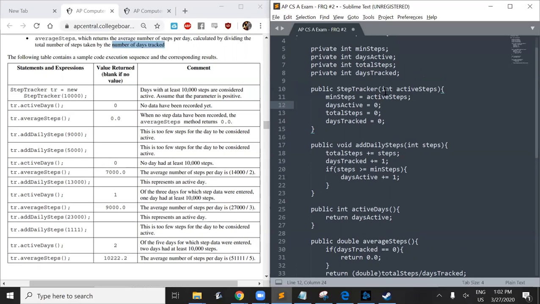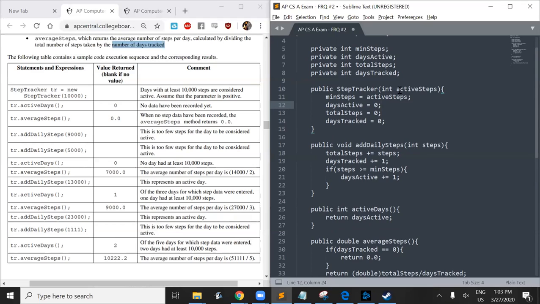The next thing I want to point out is how we came up with these return types and parameters. It's in fact quite easy with these questions to do that. All I need to do is look at their example calls and the example return values. So let's go a method at a time and see what I mean. First, for the constructor. If I look at the constructor, it doesn't return any value because it's a constructor and it can't. And then if I see here, when they call the constructor, they've input this 10,000 as an int. So in my method header for the constructor, I better include an int as a parameter, and I did here,